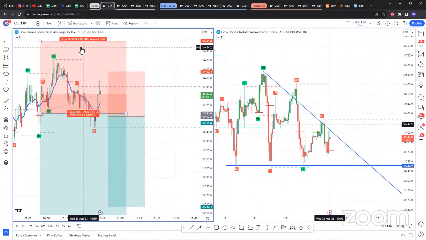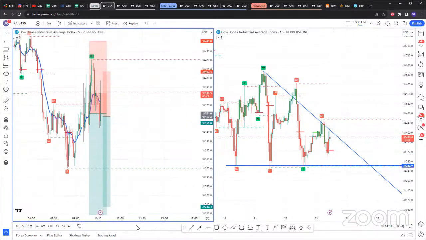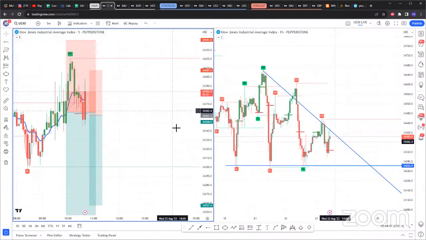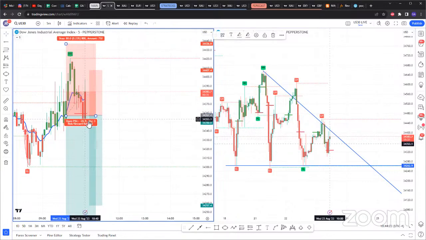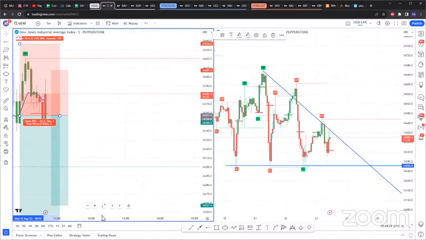At this point, I'll even remove it. So the first trade is the only trade I was in this morning. Again, not an official trade. The official trade is this one. If this 5 minute candle in the next 1 minute, I do see it's a heavily bullish candle. In the next 1 minute, for me to enter this sell as an official trade, I need this 5 minute candle to end up closing below here. So based off of how price is, I don't see that happening with this candle.